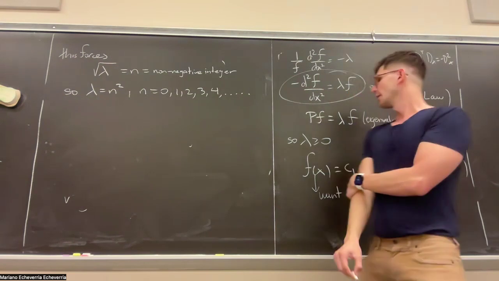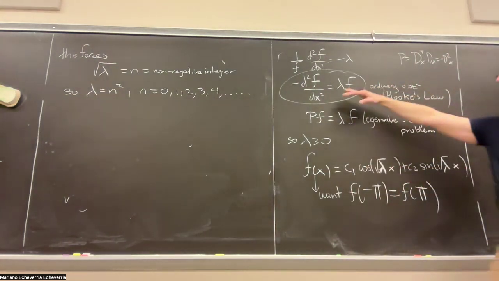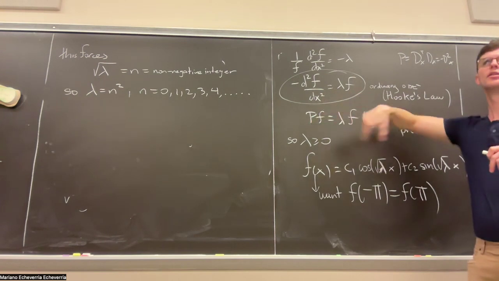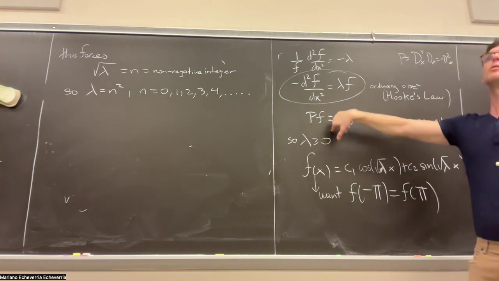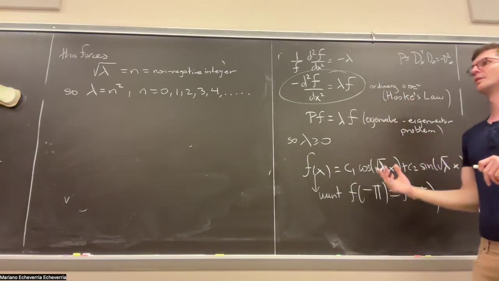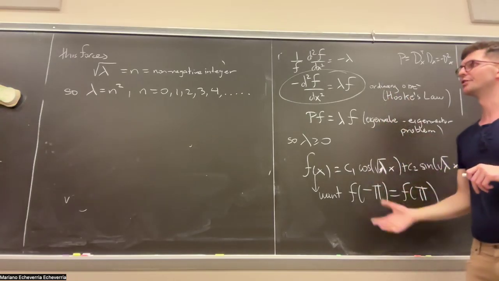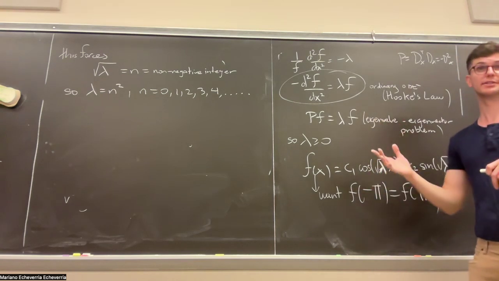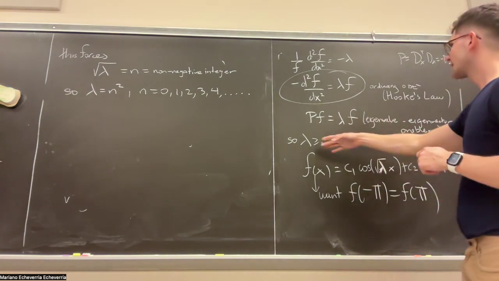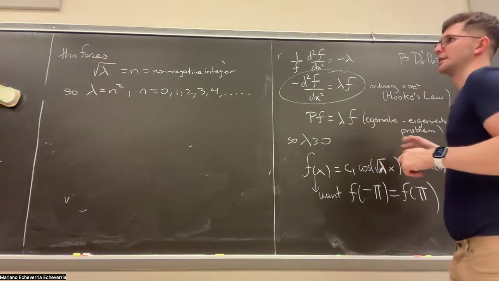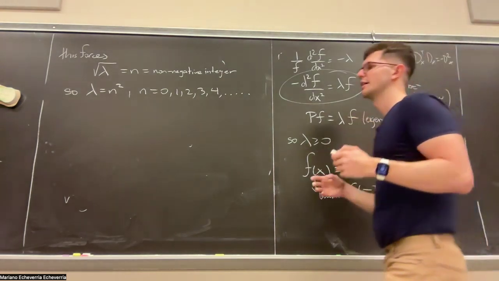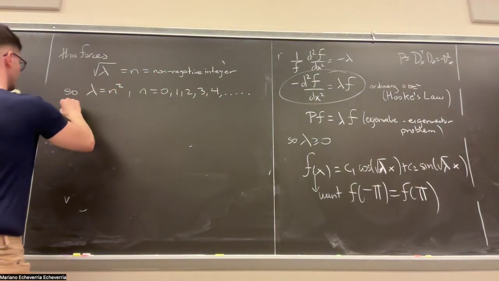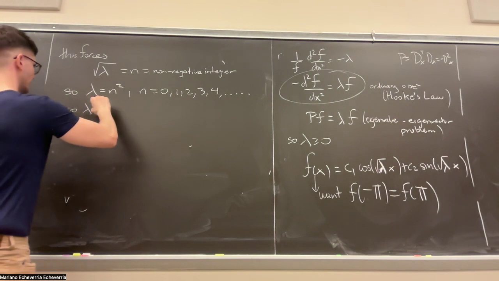So what that means is that from the beginning, from the ODE itself, or setting it up as an eigenvalue, eigenvector problem, you know that this is non-negative. But after imposing the periodicity conditions, you do get discreteness, right? Before, lambda could have been anything on the positive half line, but now lambda can only assume discrete values, so lambda only takes